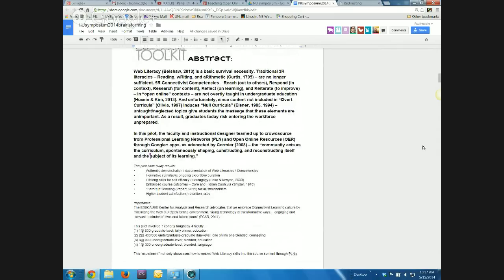One was an 800 level graduate course, which comprised students who were purely online. Another 2 groups were a combination of undergraduate and graduate students who were put together in one online environment to learn together. Some of them were registered physically here on campus, and some were registered as distance education students. Some of them never came to campus, and we put them all together to see how they would learn together.